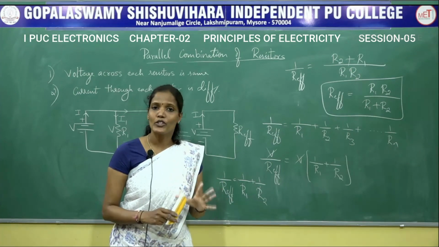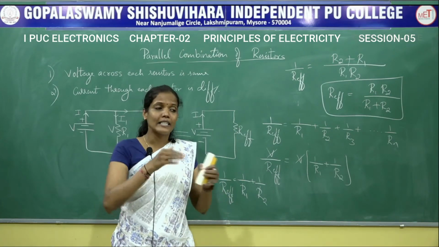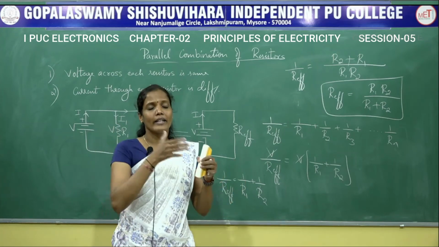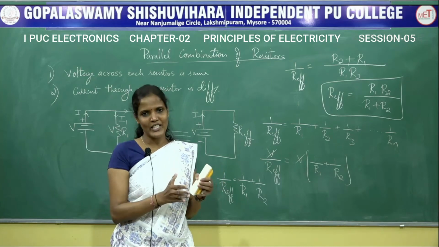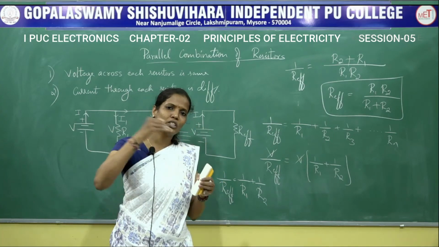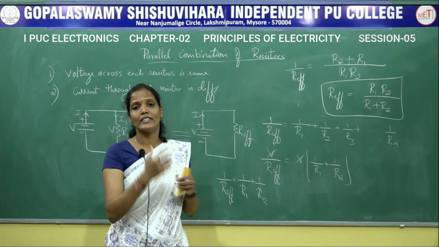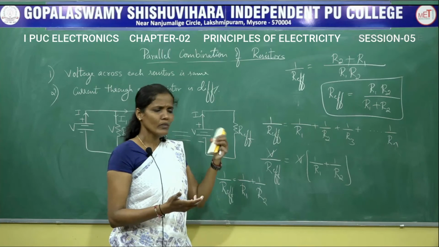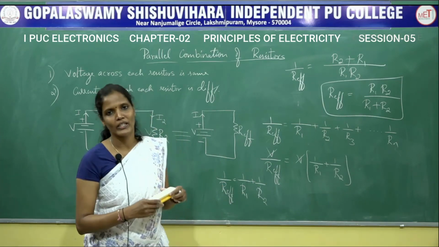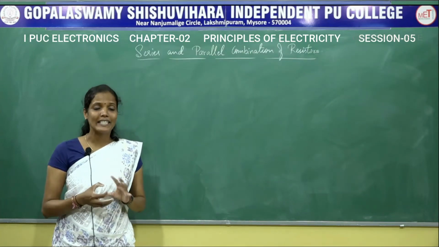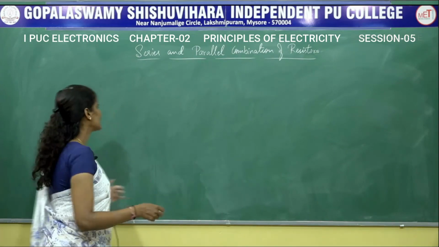In a network or a circuit, there will be no such circuit where all the resistors are connected only in series or only in parallel. There will be a combination of resistors connected in both series as well as parallel. So now let us derive an expression when the resistors are connected in both series as well as parallel combination. Let us find the total resistance of the resistors when they are connected in both series as well as parallel combination.